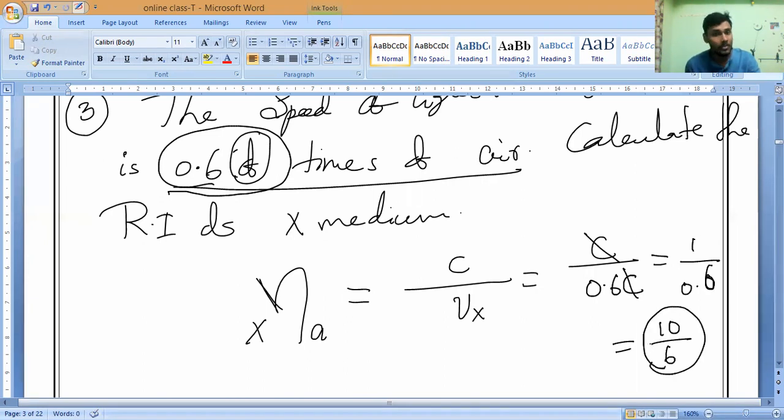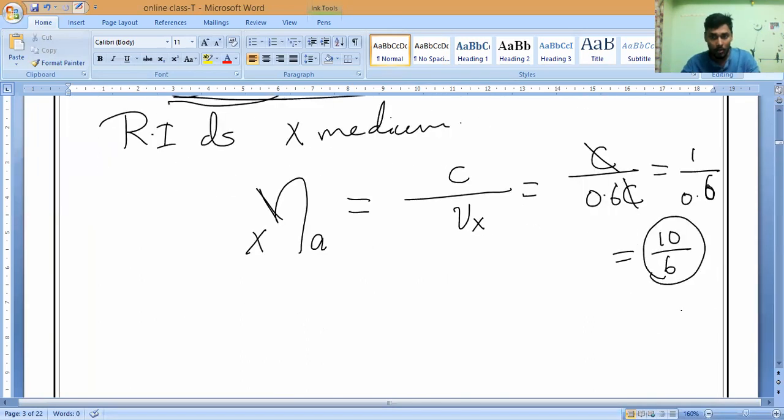Fractions they will give, sometimes decimals will give. So according to that, you have to modify it and do it. Any doubt? No, sir. Do you understand? Yes, sir. So directly we can cancel C, sir? Directly you can cancel. No need to worry about anything. C and C will get cancelled. Like this, half of the questions will come.